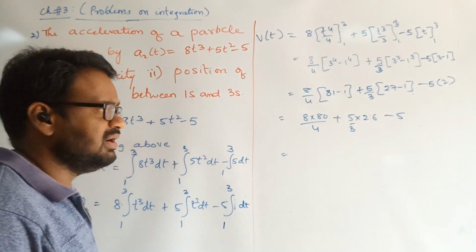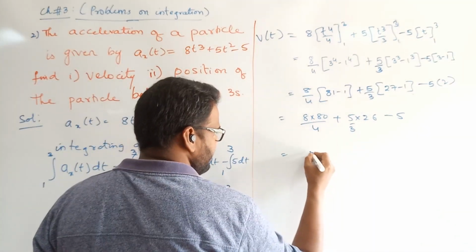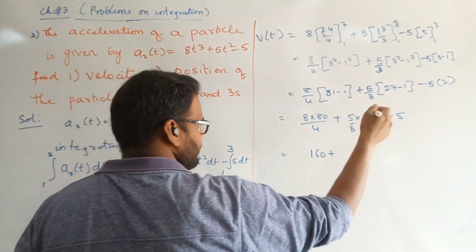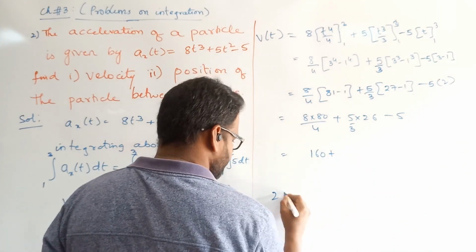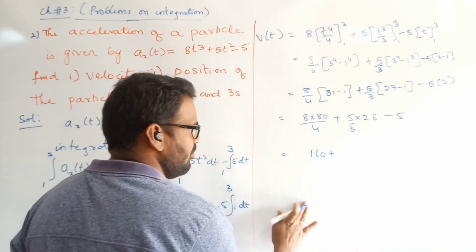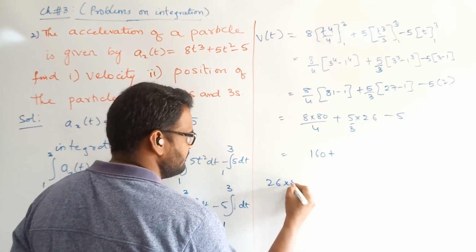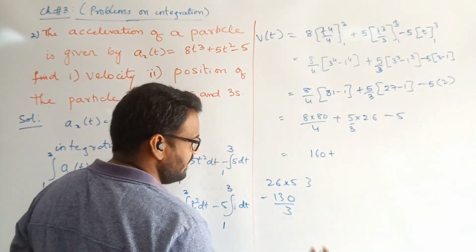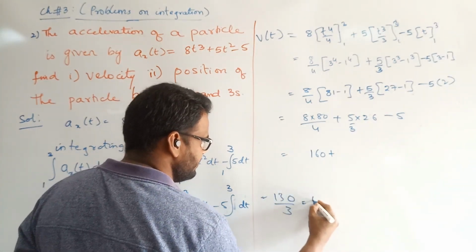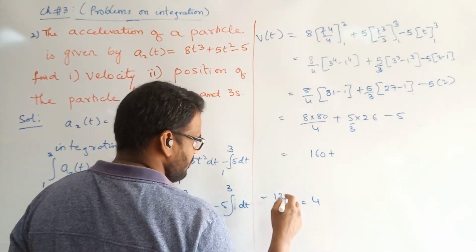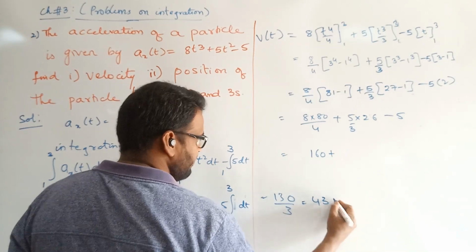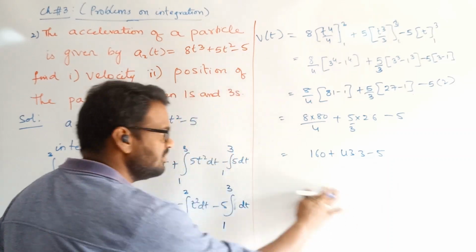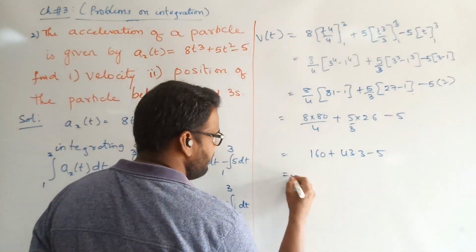Solve and get the answer, whatever it is. That is 2 under 2 to the 4, 2 into 180. 2 into 80 is 160, plus 3 8s are 24. Whatever number you get, that is 26 into 5, 26 into 5 divided by 3. How much is it? I'll solve it here. 26 into 5, 5 6s are 30, 3 remains, 5 2s are 10, 13. 130 by 3 equals 3 4s are 12, 1 remains, 10, 3 3s are 9, again 1 remains. 43.3, going to get this. 43.3 minus 5, how much is it? 160 plus 43 is 203.